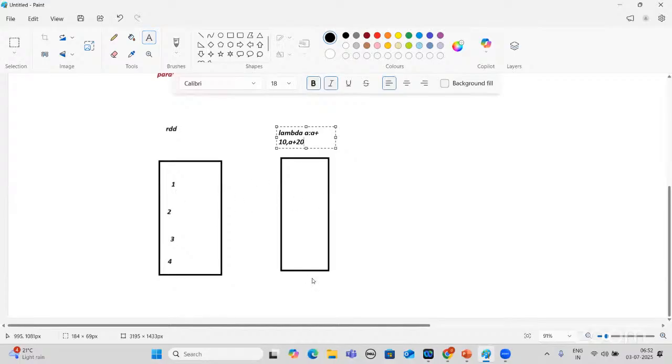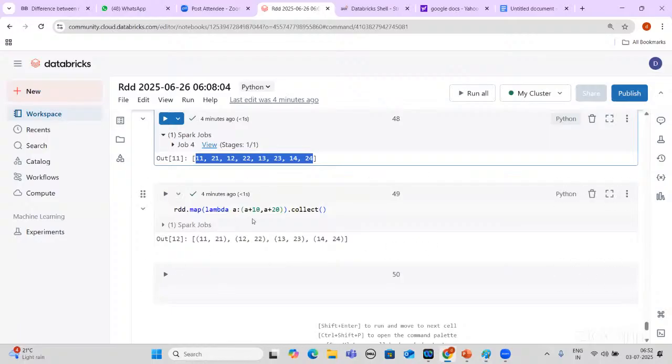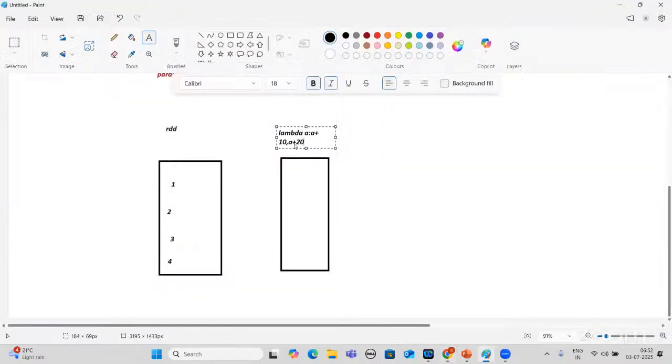So one thing it will do, how it is reflected, you can see here, all the ones are added here. So 10 is added here, and 1 would become 11. Again 20 added, it would become 21. This became one set.